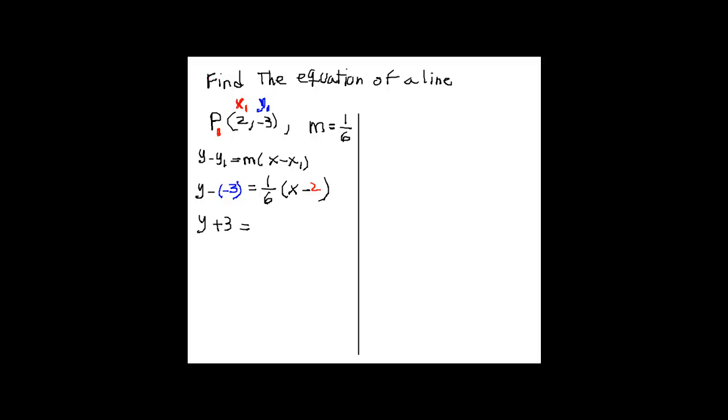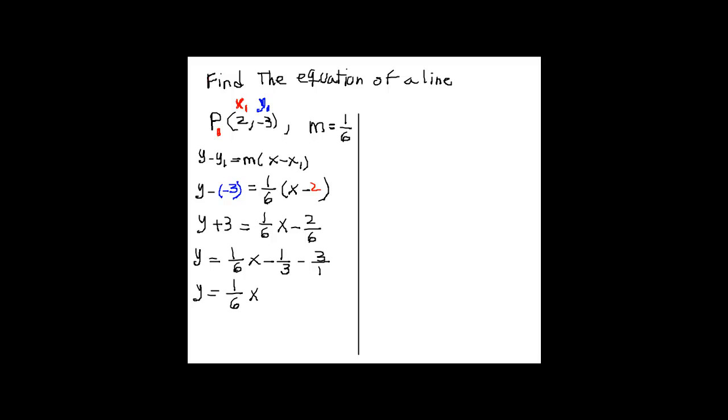Okay, so this would be y plus 3 is equal to 1/6x minus 2/6. So here we have y is equal to 1/6x minus, I can reduce this to 1/3, and then subtract -3 from both sides of the equation, or add -3 to both sides of the equation. So here would be y is equal to